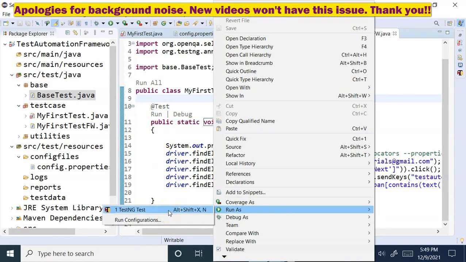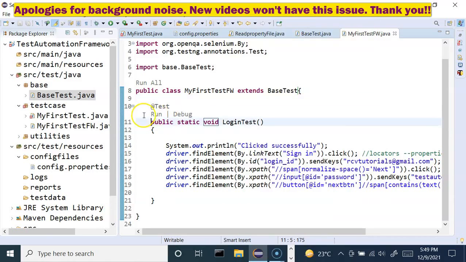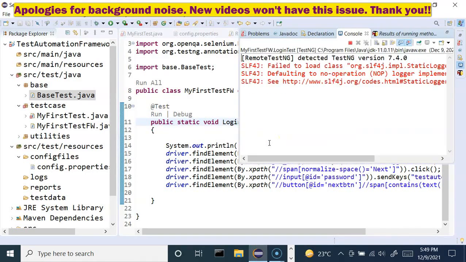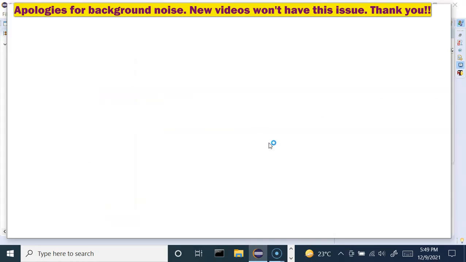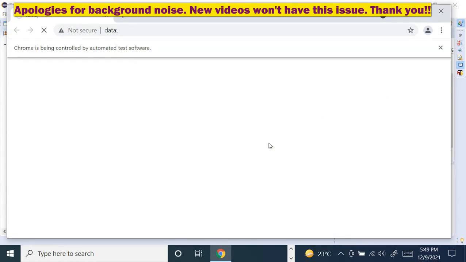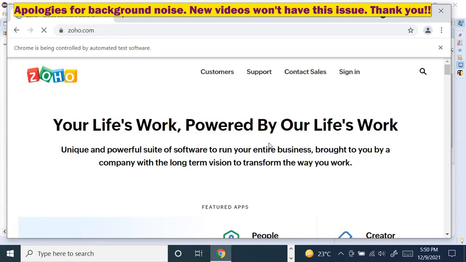If you haven't installed the plugin, I would highly recommend installing it. You can also run this test directly by clicking the icon there and clicking on proceed. You'll see that it has detected the TestNG version and will start the execution. It will launch the Chrome browser and should run the test case as it used to previously, and then close